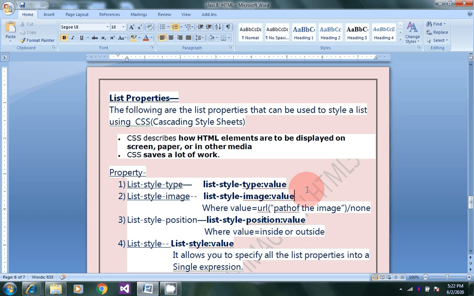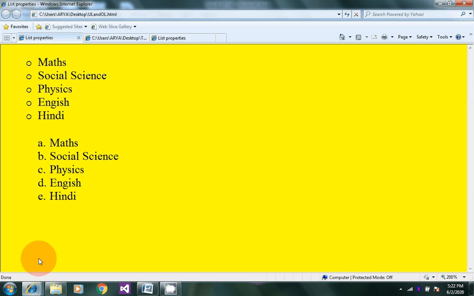It allows you to control the shape or appearance of the marker. As you see in this list, here is a list type. Here you see both lists. The first list is a bulleted list, the second list starts with an A marker: A maths, B social science, C physics, D English and E Hindi.